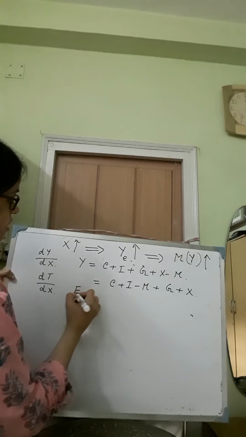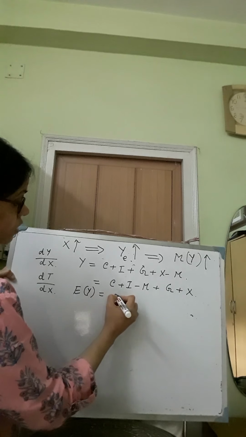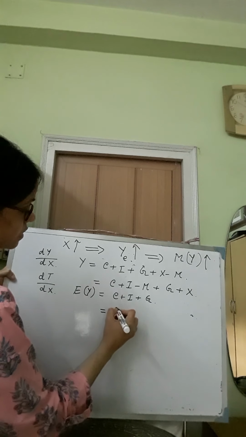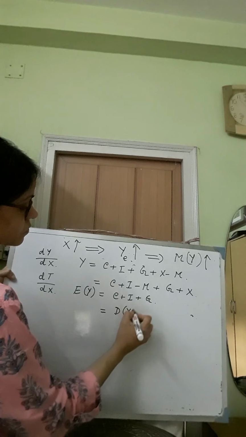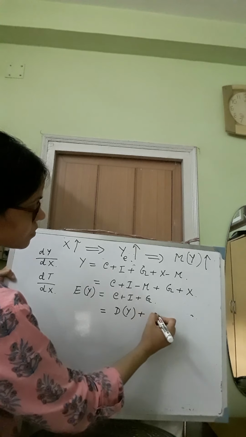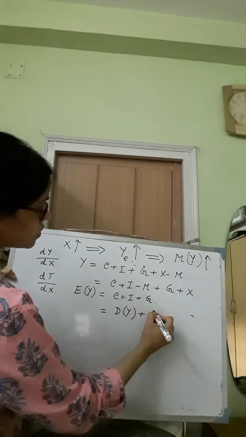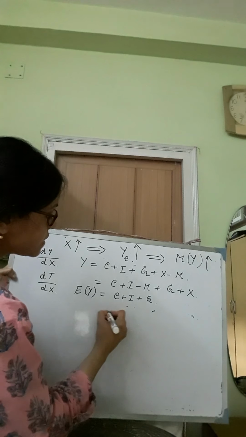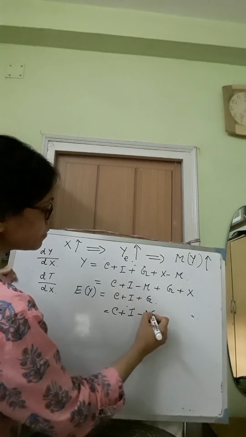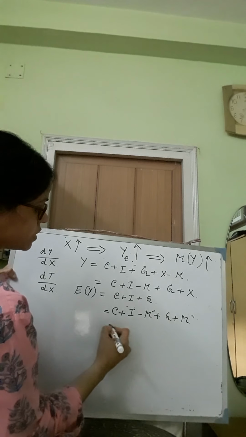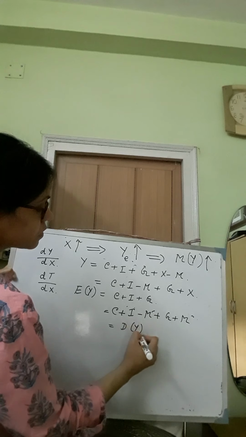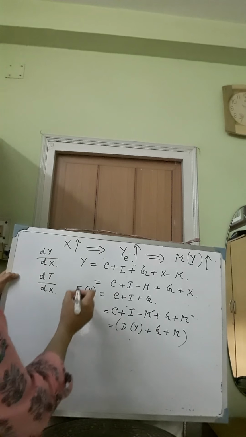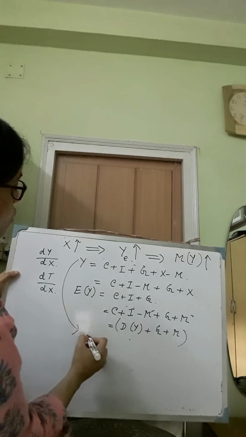And we have introduced this term Ey, where Ey is equal to C plus I plus G. This can be written as C plus I minus m plus G plus m. So this is equal to dy plus G plus m. So this is Ey basically. So from here we can write y is equal to